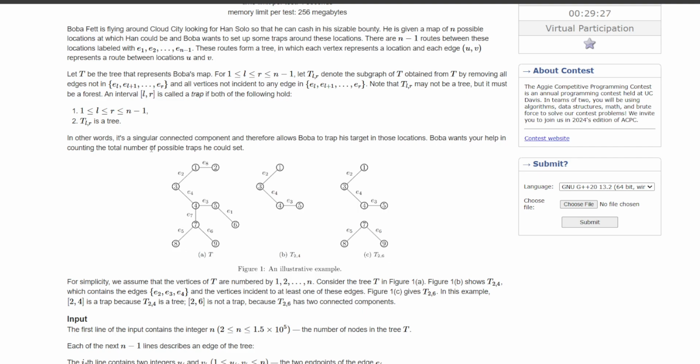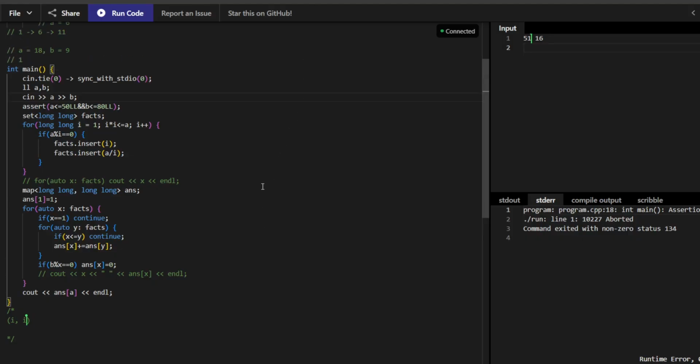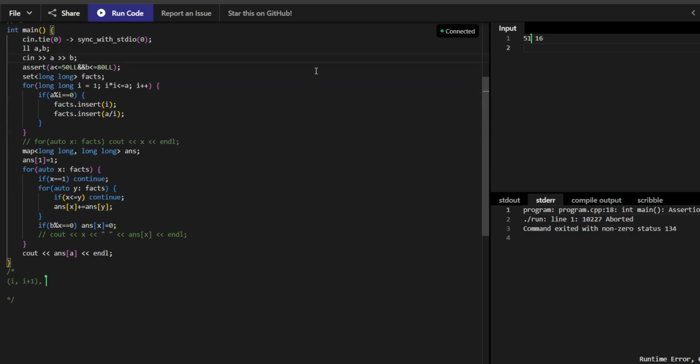Basically, you have these ranges, right? So for each I plus 1, you have L to R. If you fix I to I plus 1 as the smallest edge that you use, then you can binary search for the largest possible one. Basically, find the J such that L of J is less than I. So the upper bound is J minus 1. So after that,